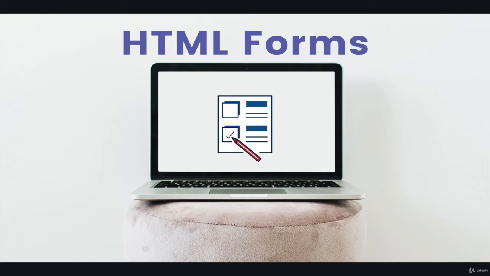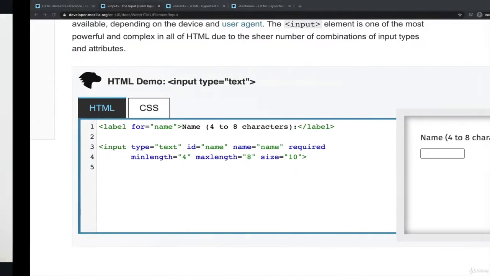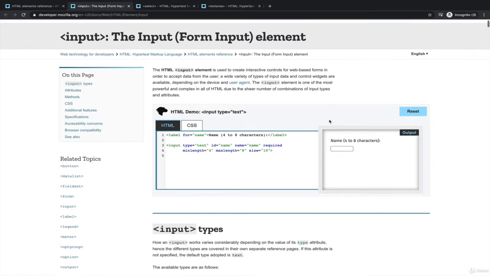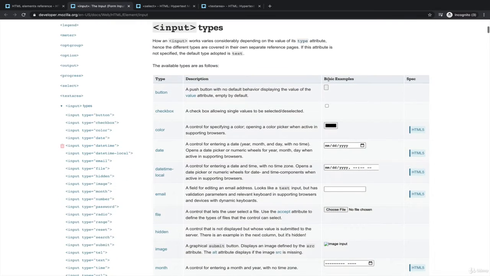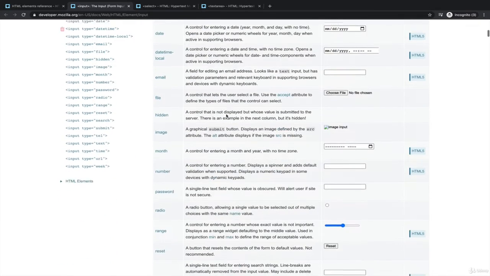In this video, we'll cover some of the other inputs we have not yet seen, including things like checkboxes, radio buttons, selects or drop-downs, and text areas. So if we go back to the MDN page for the input element, as we already know, there are quite